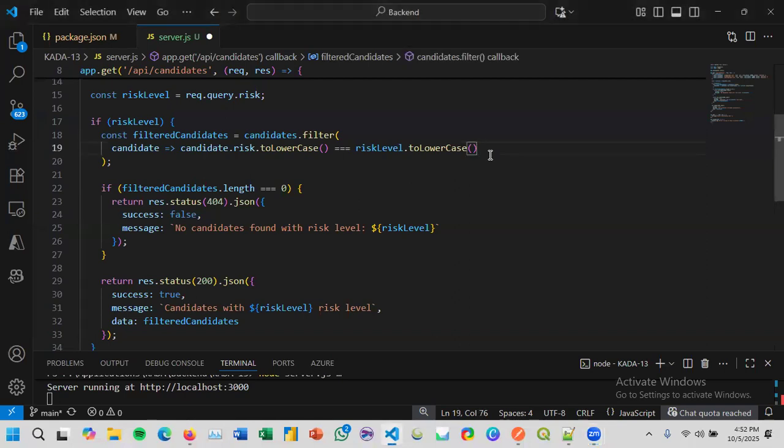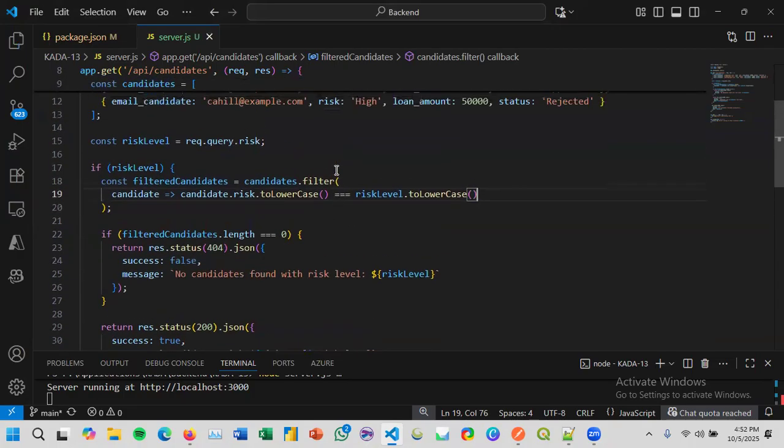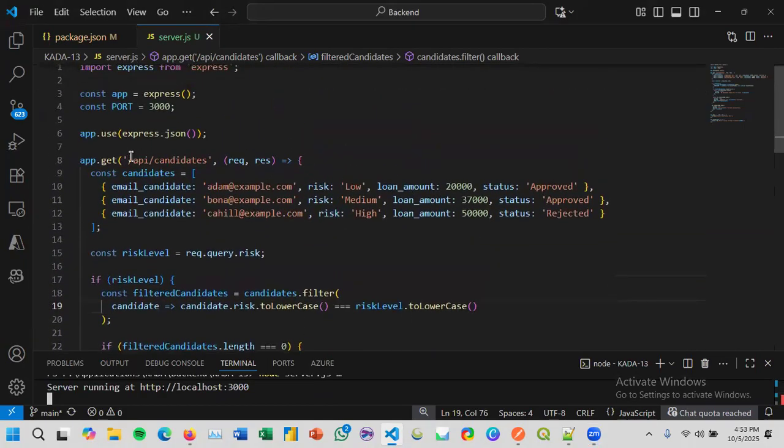Now let's test this get route and all of the conditionals inside it in Postman to prove that it works. First, we save the change on server.js, terminate the running server, and run the server again. Now the server is updated, and we copy the path.